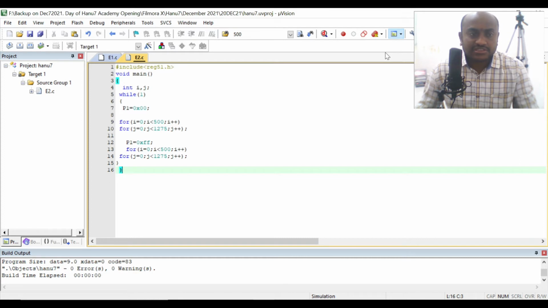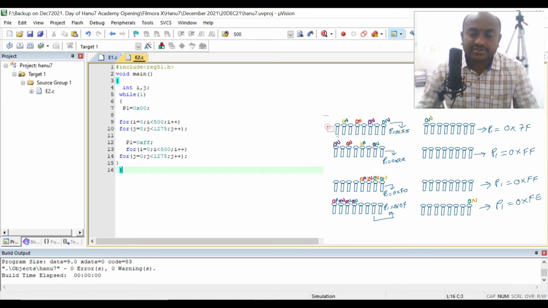In this video, let us see the different blinking patterns of LEDs. We have seen one type of blinking pattern: all LEDs becoming on and all LEDs becoming off. Let us see one more blinking pattern, the types which you can see in the inset here. For this kind of blinking pattern, you can also write a program.